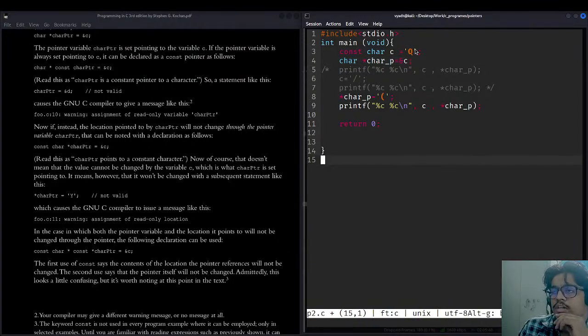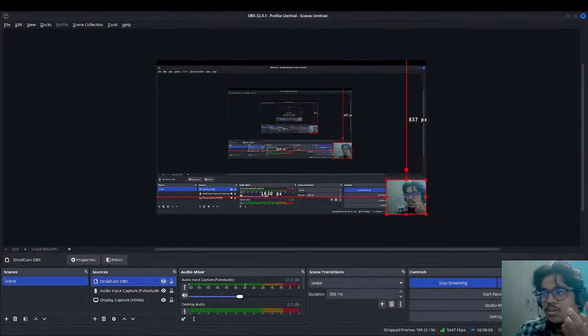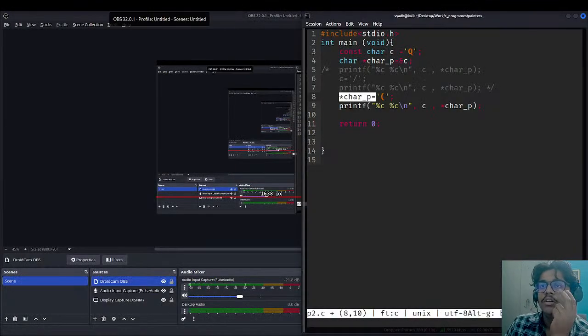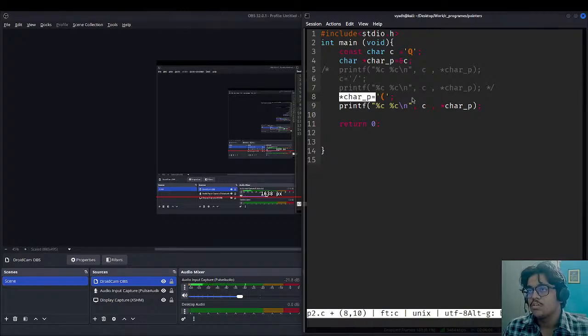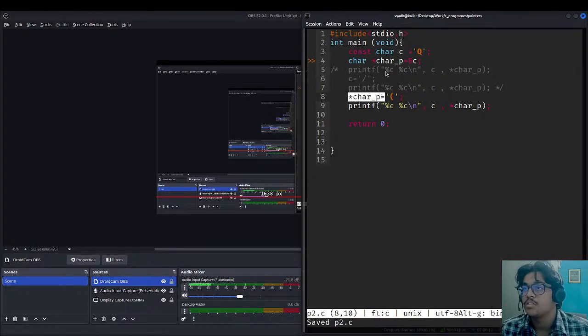If this is constant now and we try to change the value of the pointer, there are either two options: either it is an error, or an output. So three cases can be said. Let's save it first.